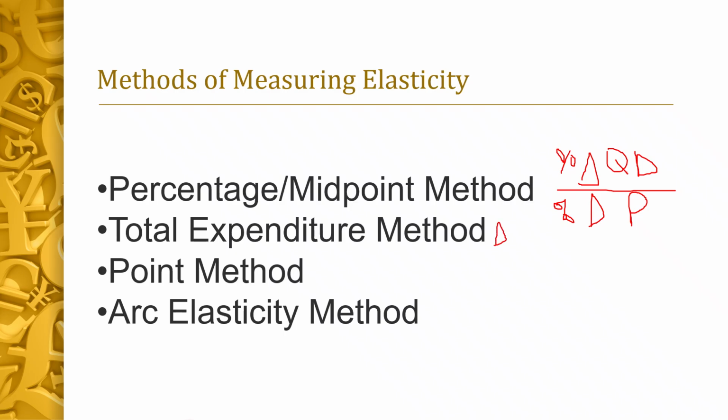So we see two things here. First is the total spending by the consumer that is affected by the change in the price of a product, right? Now here we see that there are three possibilities. First one is, let's say, when the price falls. In this case, let's take the first case wherein we say that the price of the product falls and the total expenditure increases, right? In this case, the demand will remain elastic,